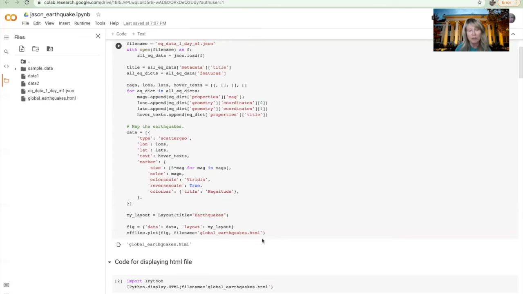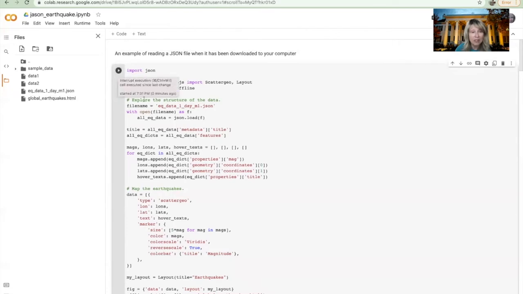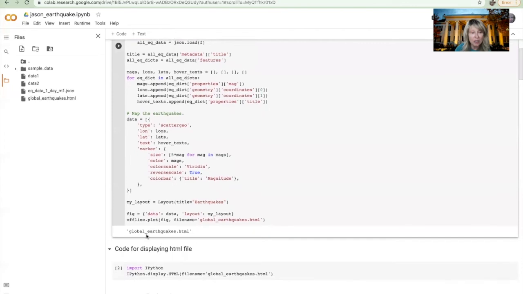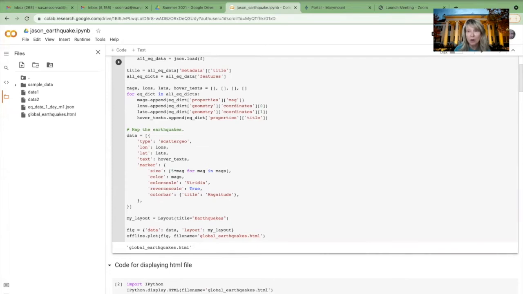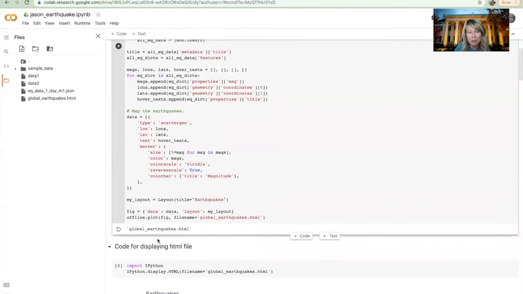Global Earthquake HTML. Now, here we see global. So when we run it, so let's run it here. And we see that it ran, because well, we think it ran. And actually all we see here is this particular HTML. Now I could go and I could open up a browser window and look for it, because what it did is it created a browser. It created an HTML link, but I want to display it here within